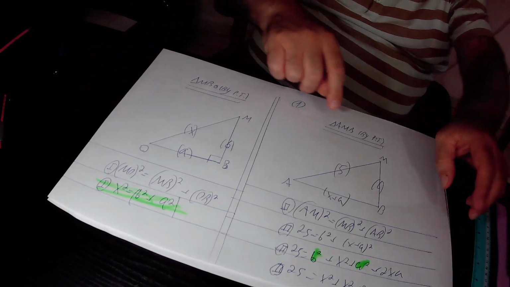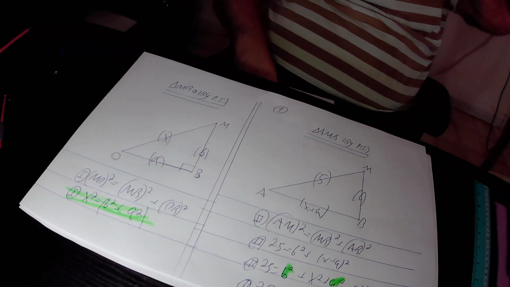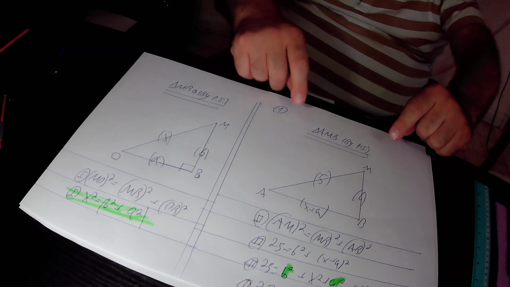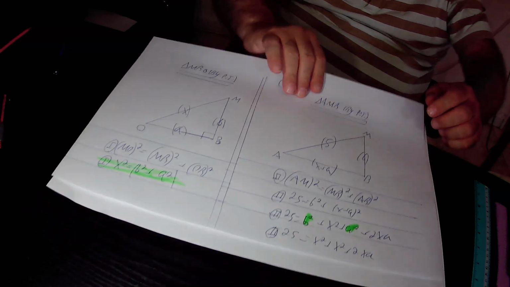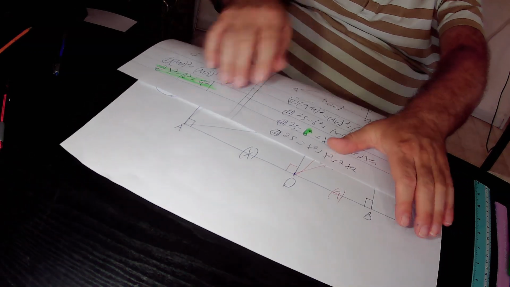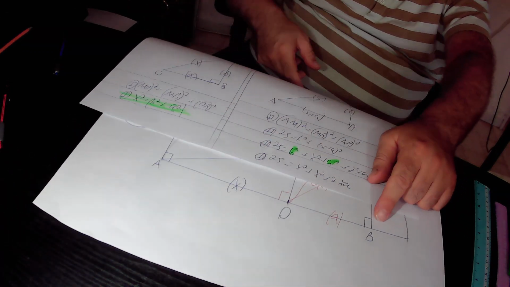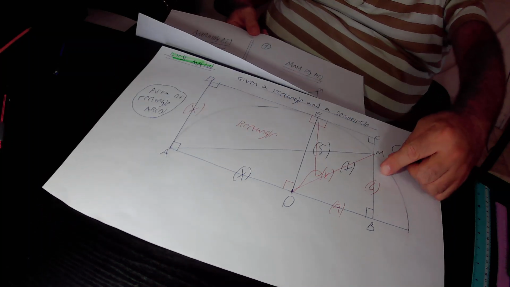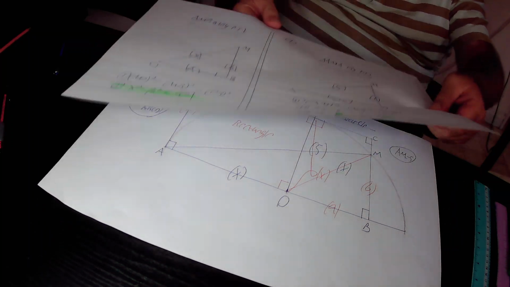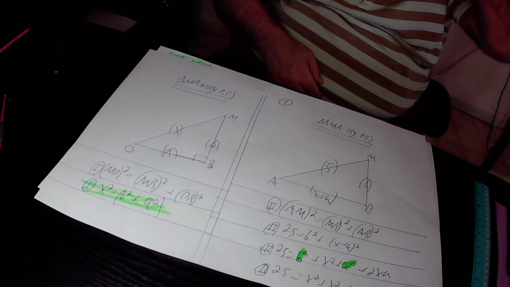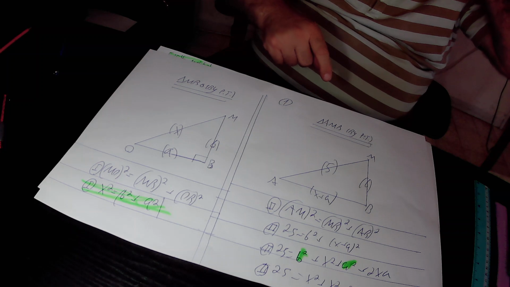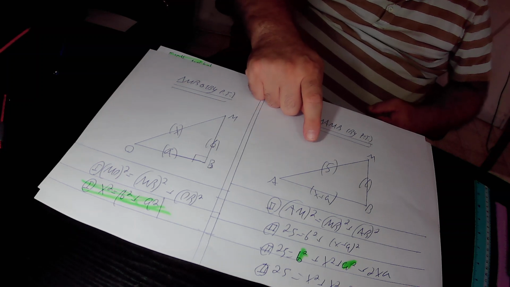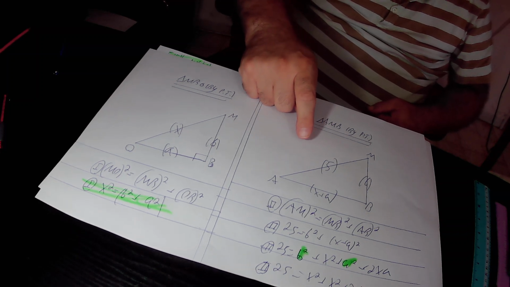This is the right triangle MAB that I covered from the original drawing. The hypotenuse AM is 5 according to what is given in the question. In total, AB equals x plus a, and MB equals b according to our definition. So in this right triangle MAB, according to the Pythagoras theorem, MA squared equals AB squared plus MB squared. MA is 5, therefore MA squared is 5 squared, that is 25, and it is equal to